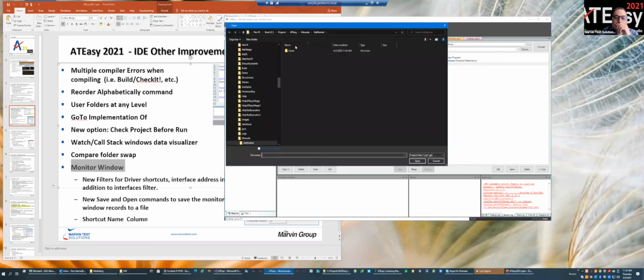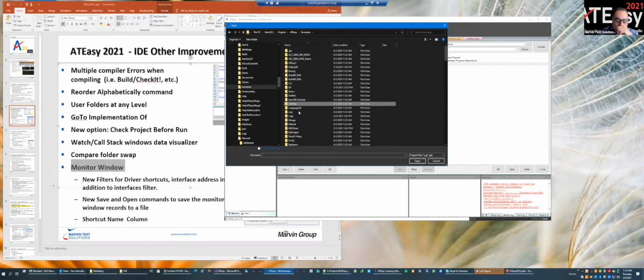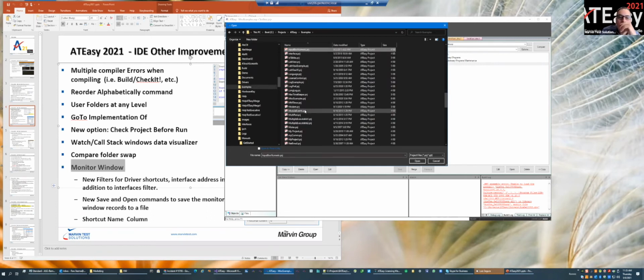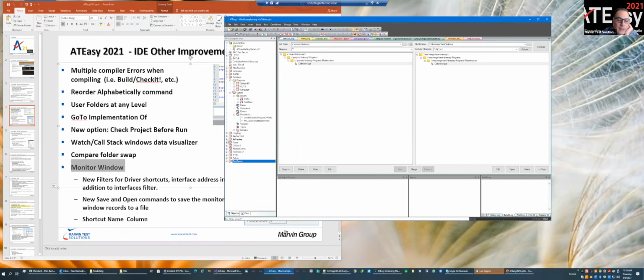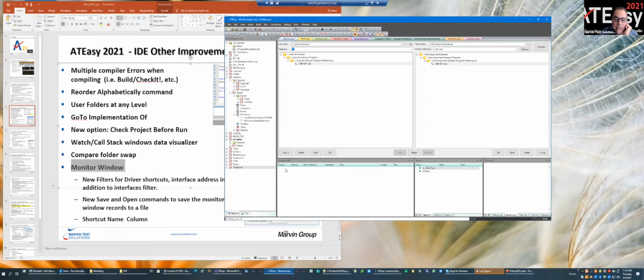Okay, so opening that actually was here. And I can go ahead and open the monitor window. So let me size it. I'll close this one. Okay, so you can see we added a few things here, like source,